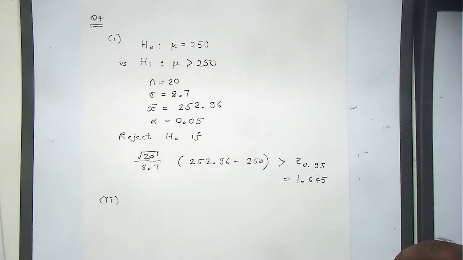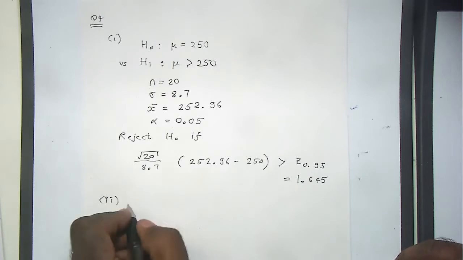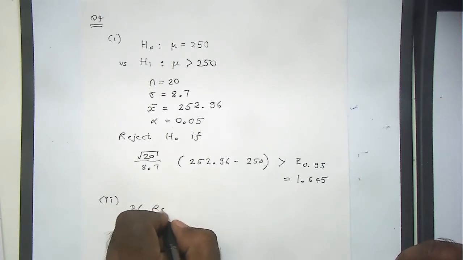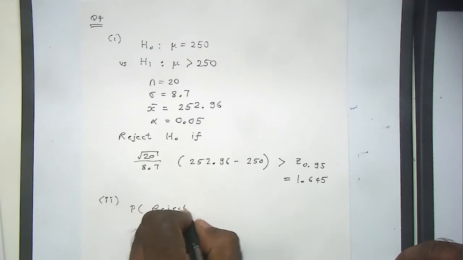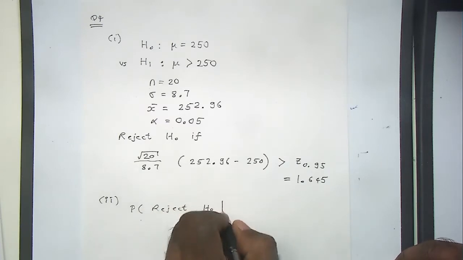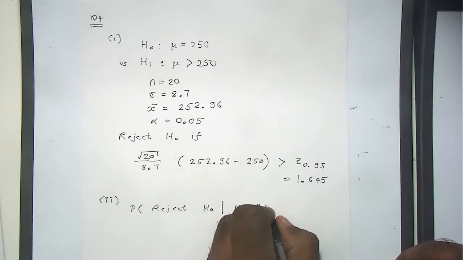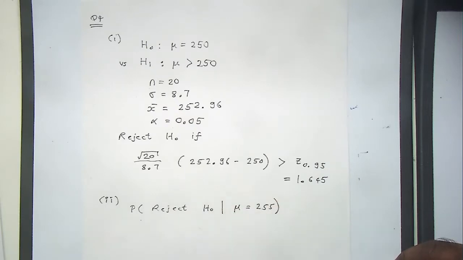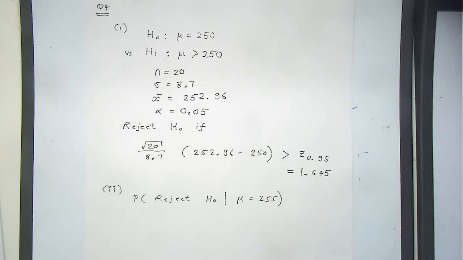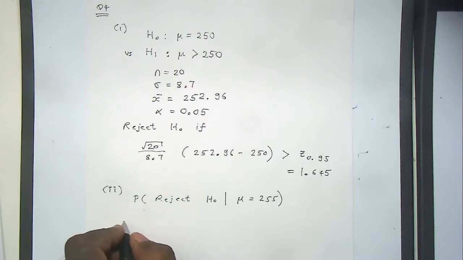is to calculate the probability of rejecting H0 when the true mean is 255. So in this case, you reject H0 when